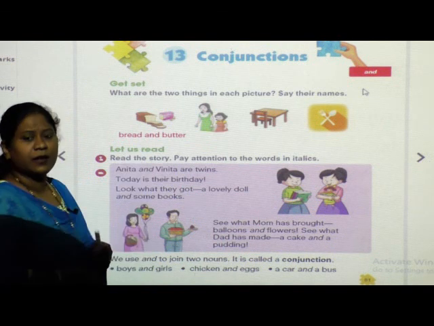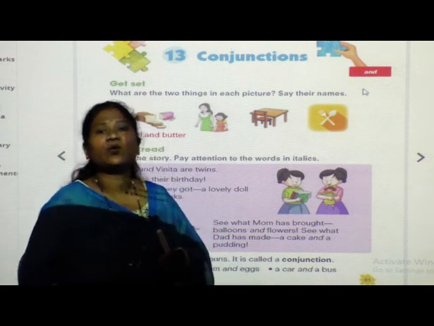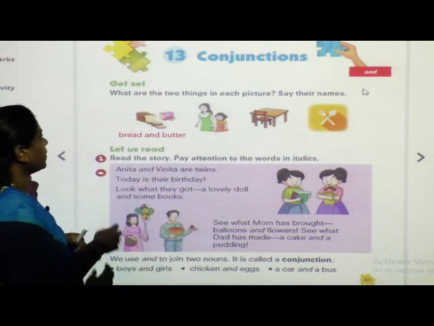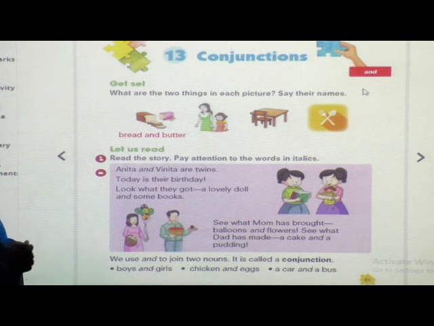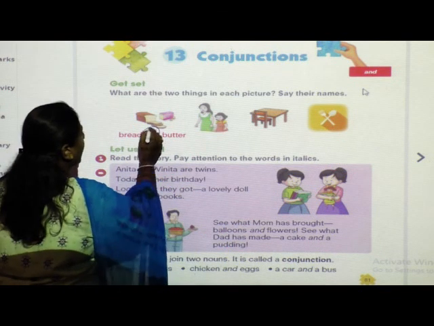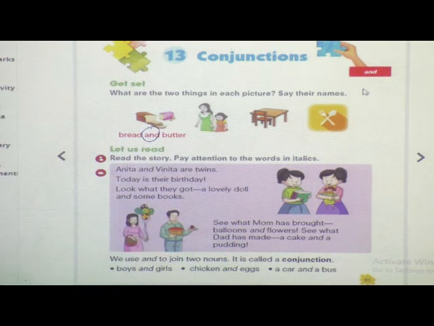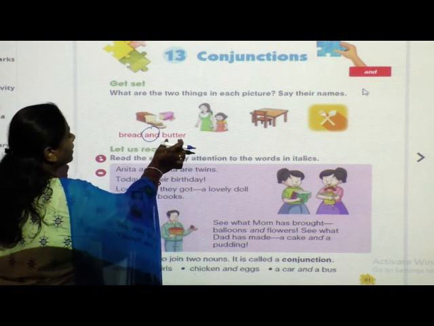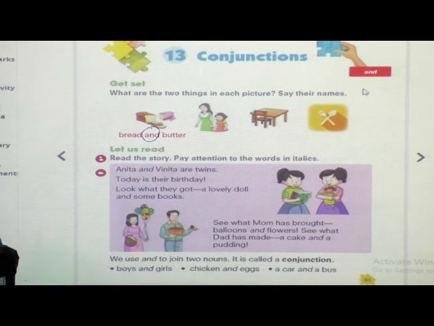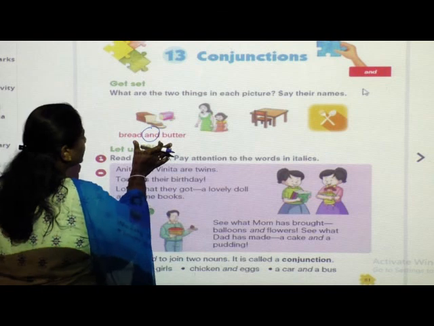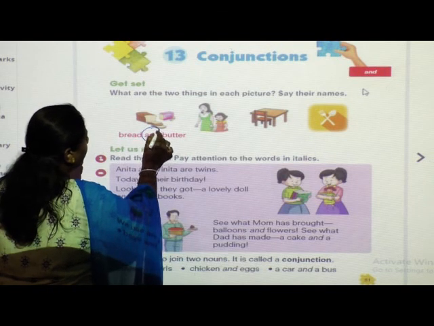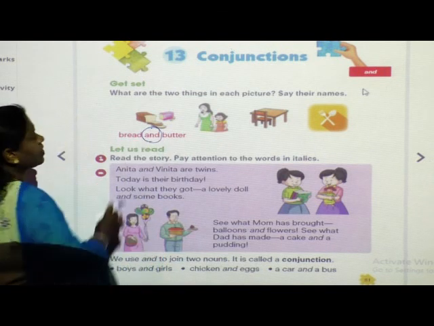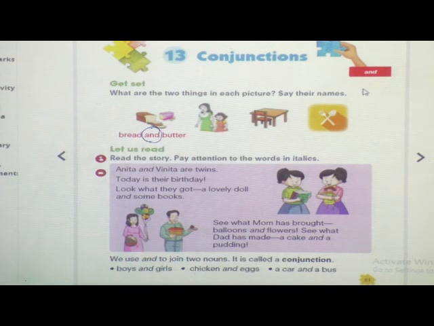For example, in the first picture you can see the bread and the butter. Here we are using and, right? Bread and butter. These are two nouns. To complete this we are using and, right children? A-N-D, and